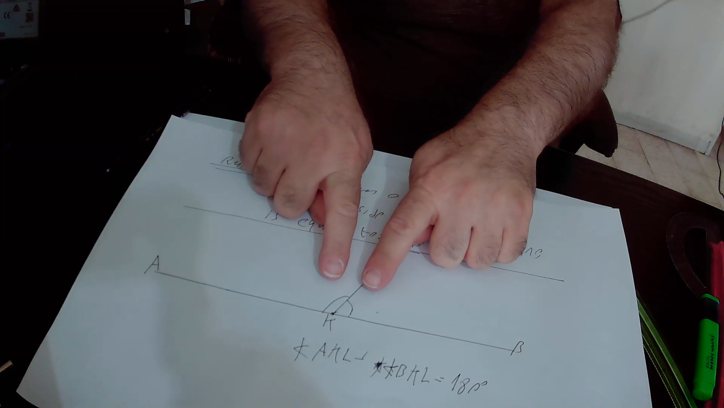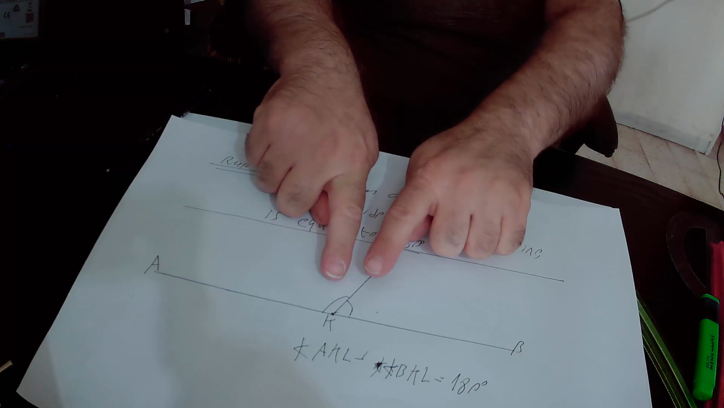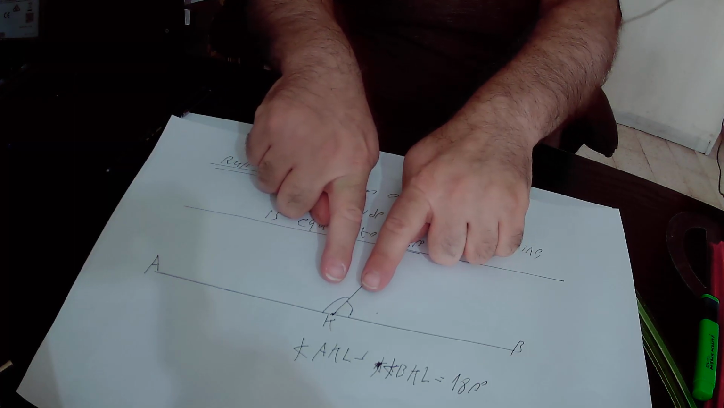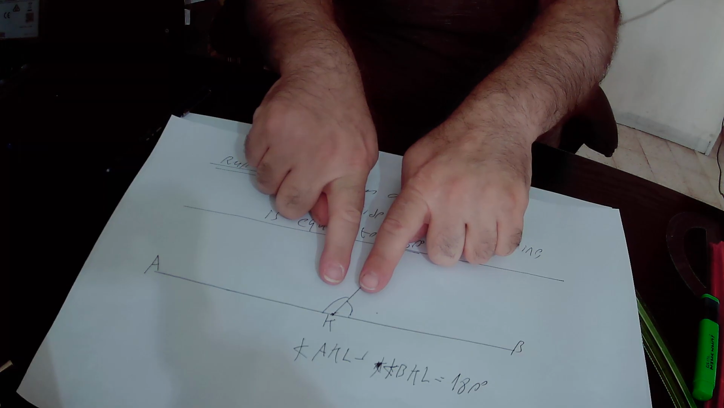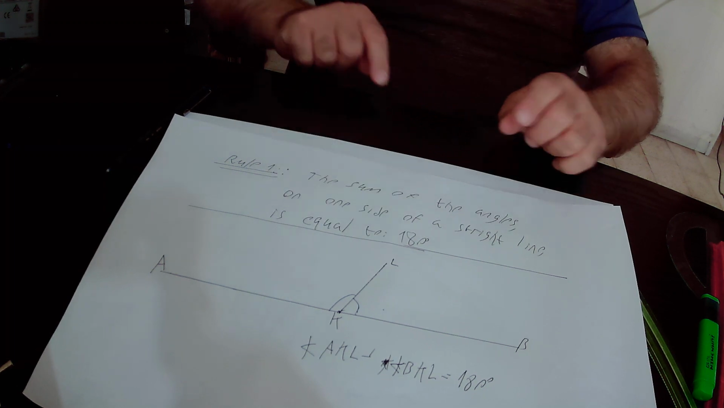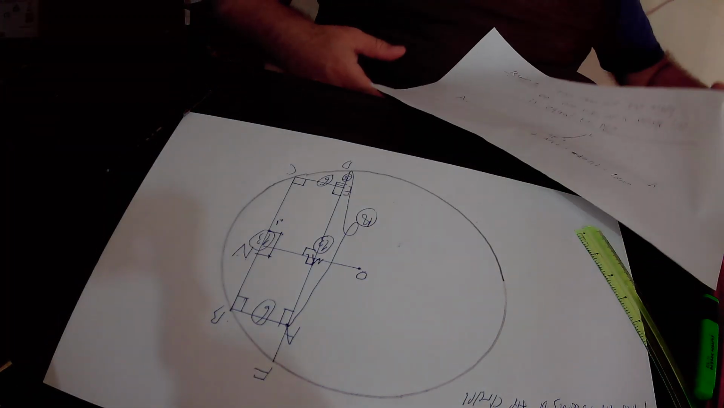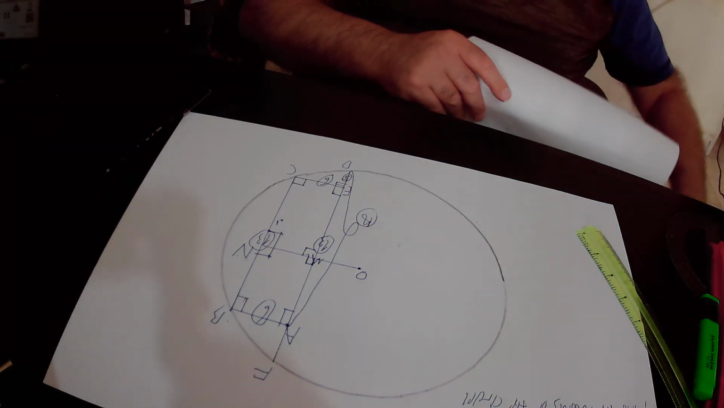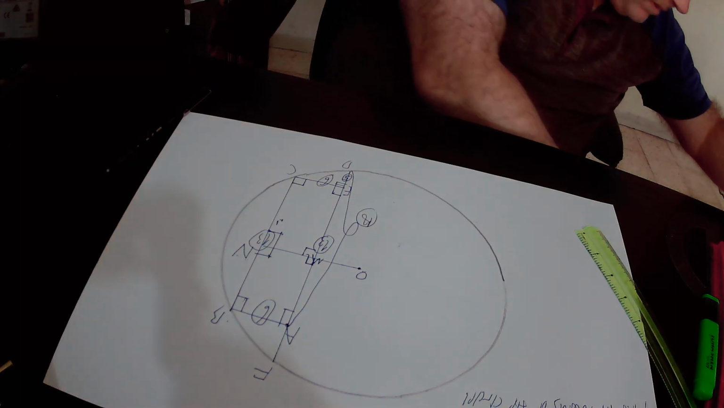If we focus on the upper side of the straight line AB at point K, the sum of the angles must be equal to 180 degrees. That is to say, those two angles, AKL plus BKL, must be in total equal to 180 degrees. So we can implement here